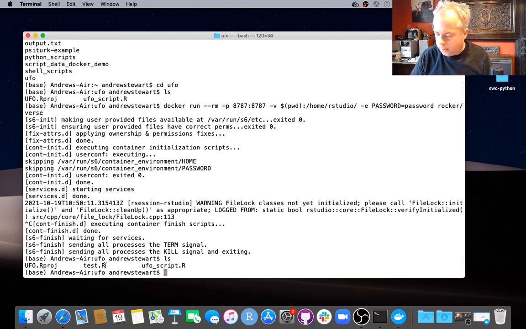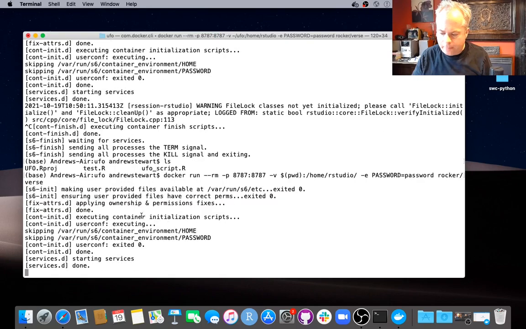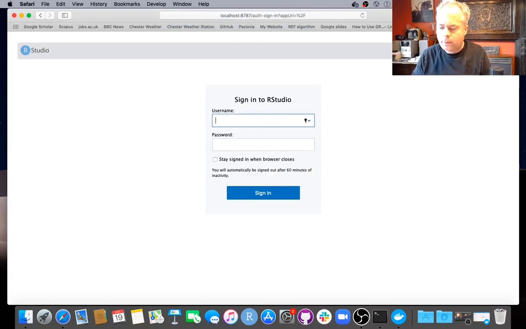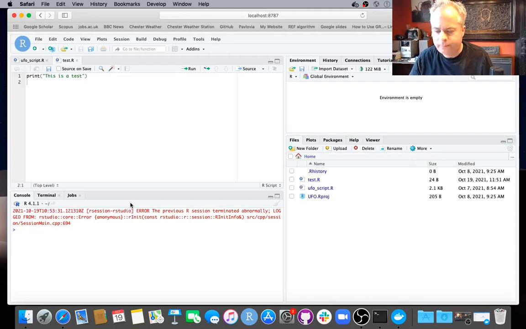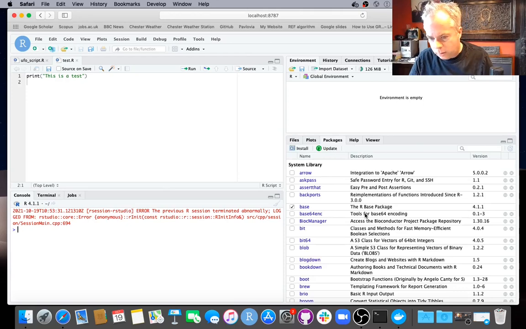So what we're going to do now is go back to the Rockerverse container that we were just running that was connected locally. I'm going to start that up again. Open the web browser. Just need to log back in. And you saw that we had to install Patchwork, for example. If we look at the packages, Patchwork won't still be installed